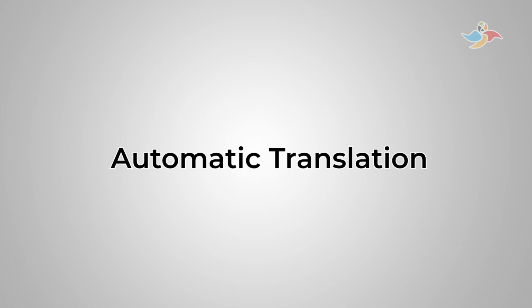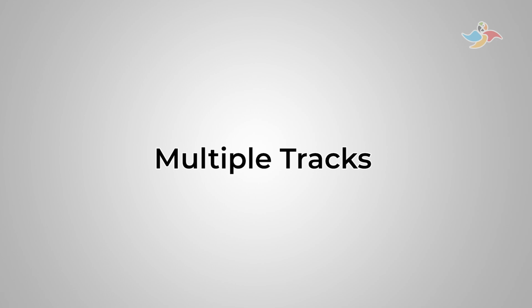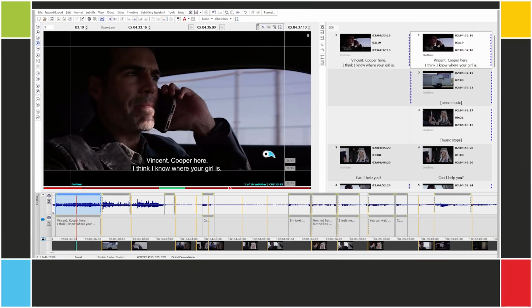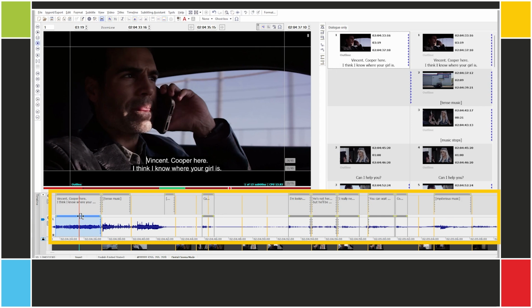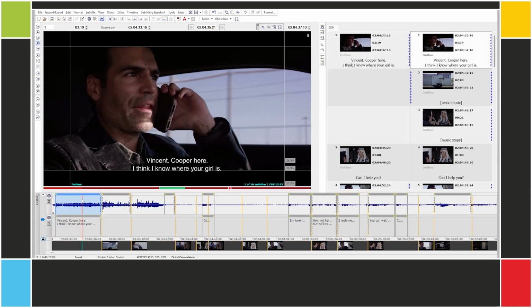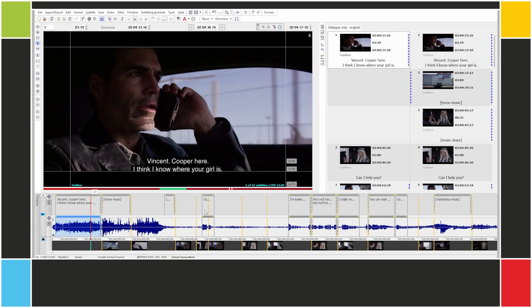But before we talk about automatic translation, we should first go over multiple tracks, which are a powerful new feature designed to streamline several common use cases in the industry, including translation and accessibility. Up until now, each Easy Titles project could have no more than 2 subtitle tracks, a main track and an optional secondary track. We have changed this starting on Easy Titles 7. Now you can have any number of tracks.